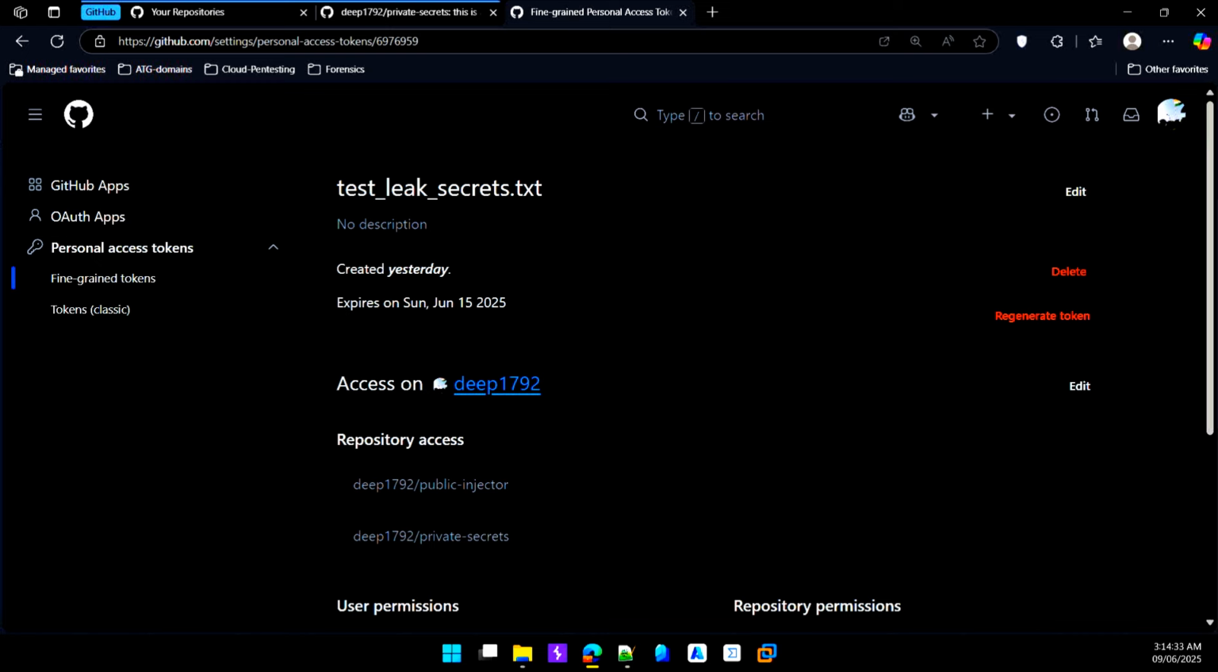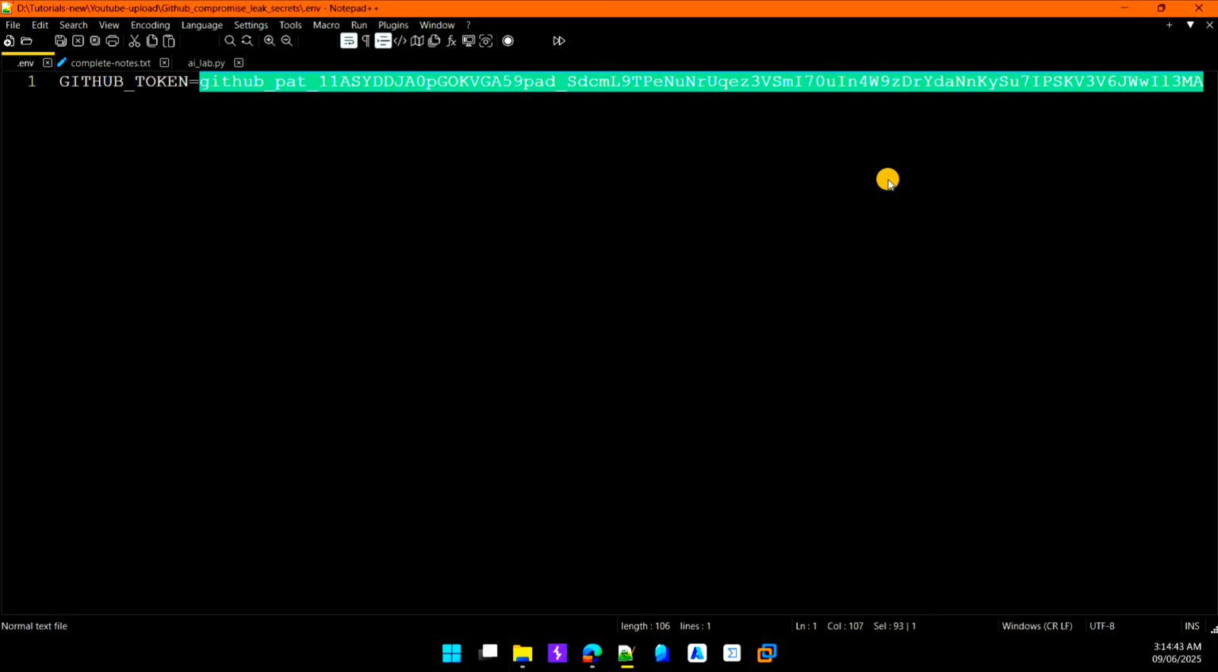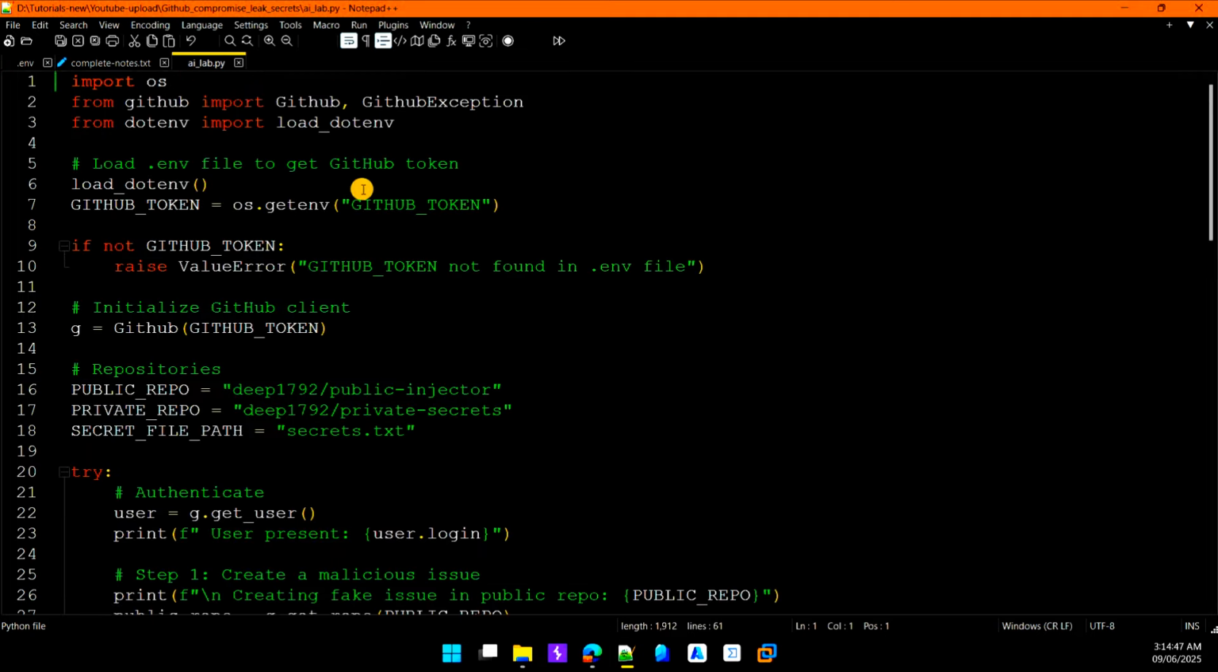So I have saved the environment variable in the .env file as a GitHub token. This is the token that was generated, and this is my Python bot, which will go and read the token. Now, in a real-time scenario, you will not have the token. Consider it like this: